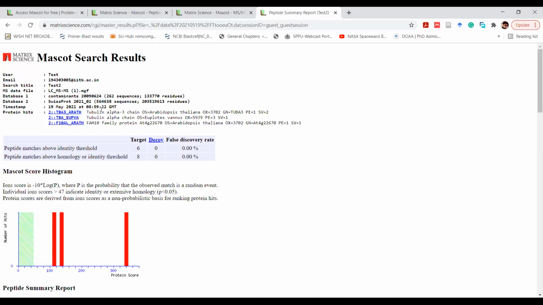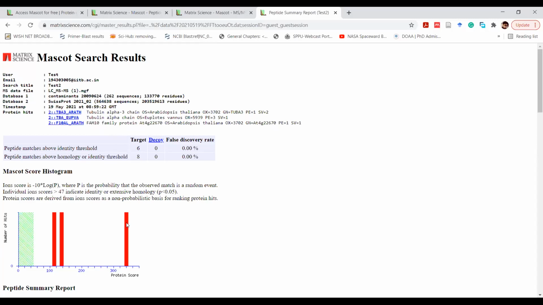So it thinks it can be tubulin alpha 3 of Arabidopsis thaliana, or tubulin alpha chain of Euplotes vannus, or some FAM10 family protein of Arabidopsis thaliana. As of now, it's some sort of plant protein. That's what the search engine thinks.